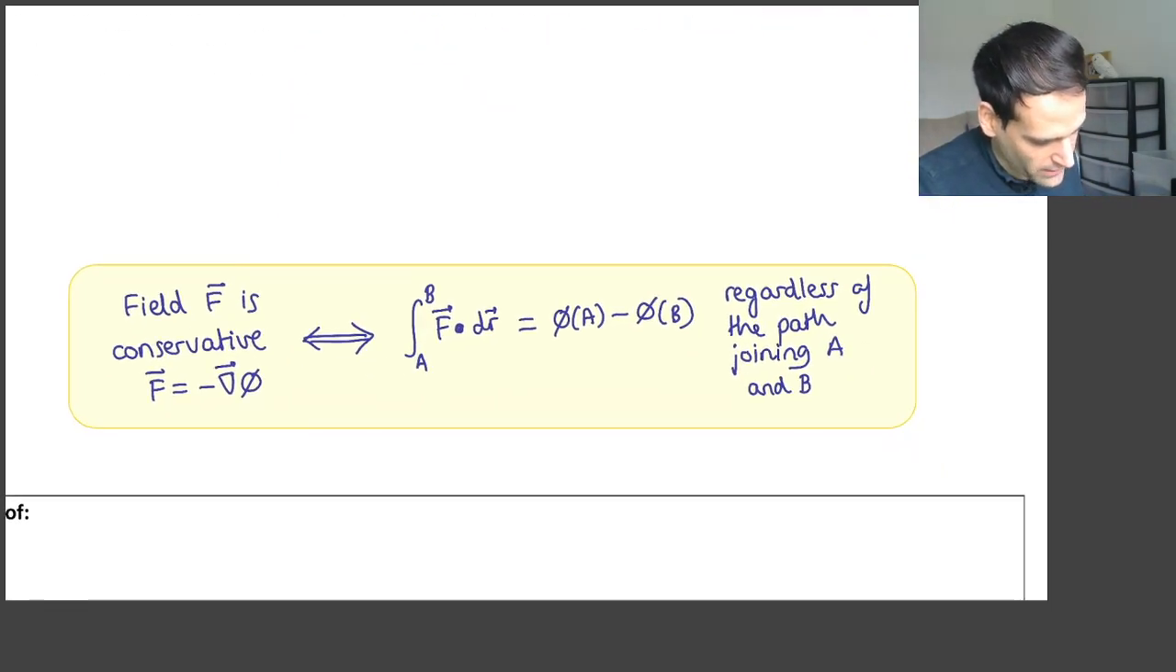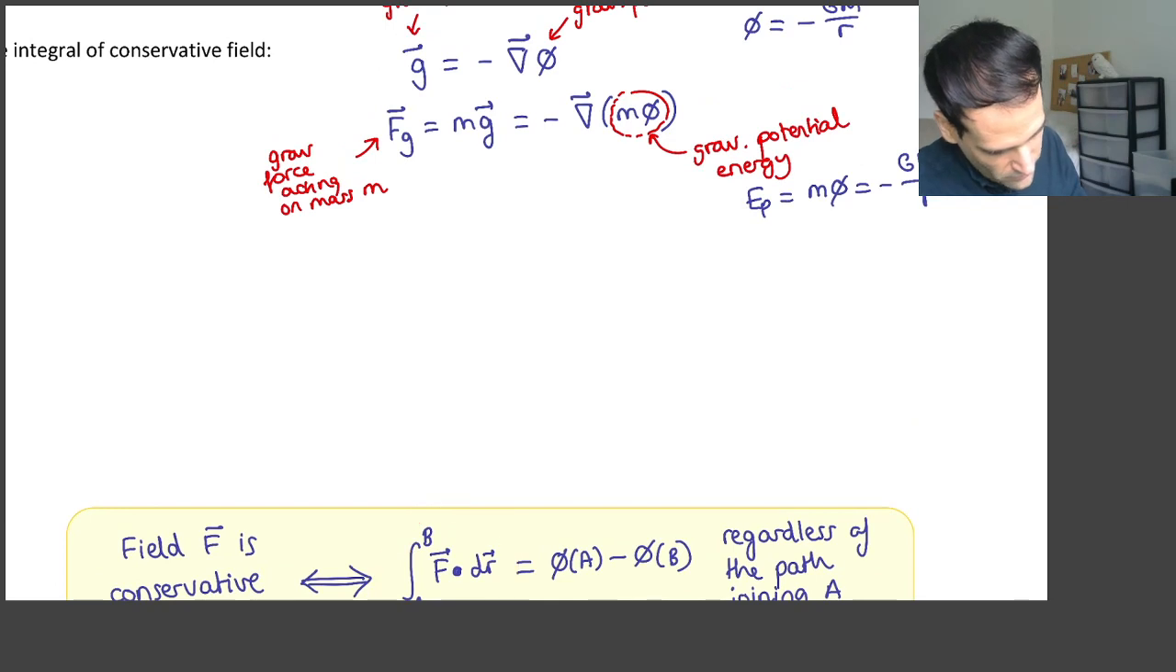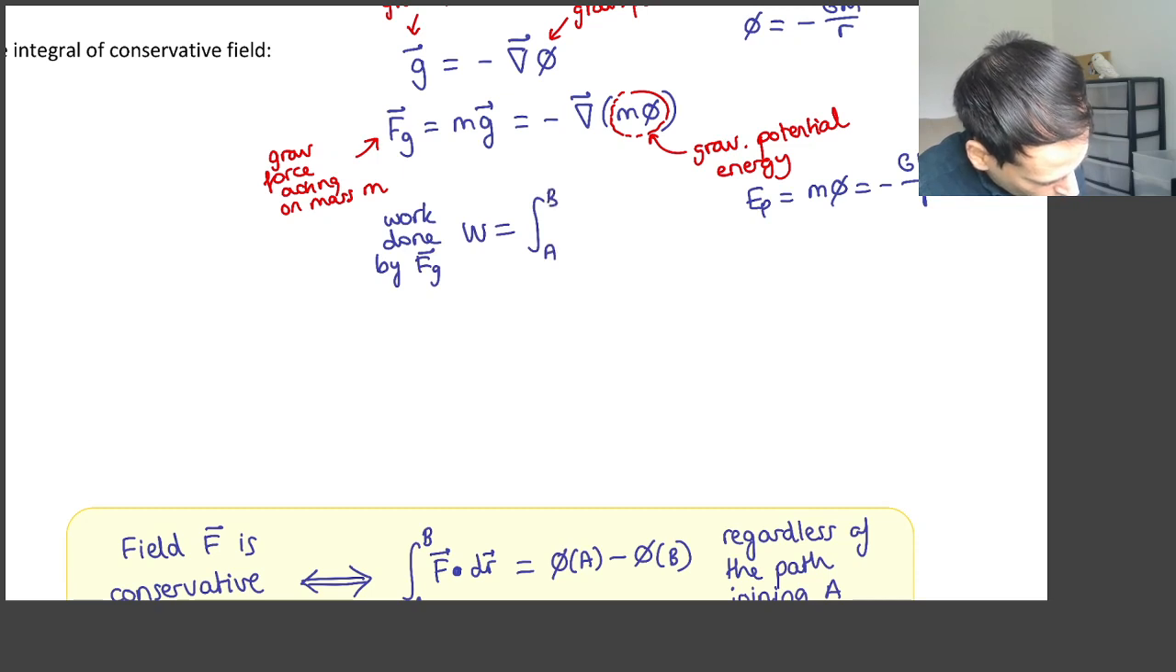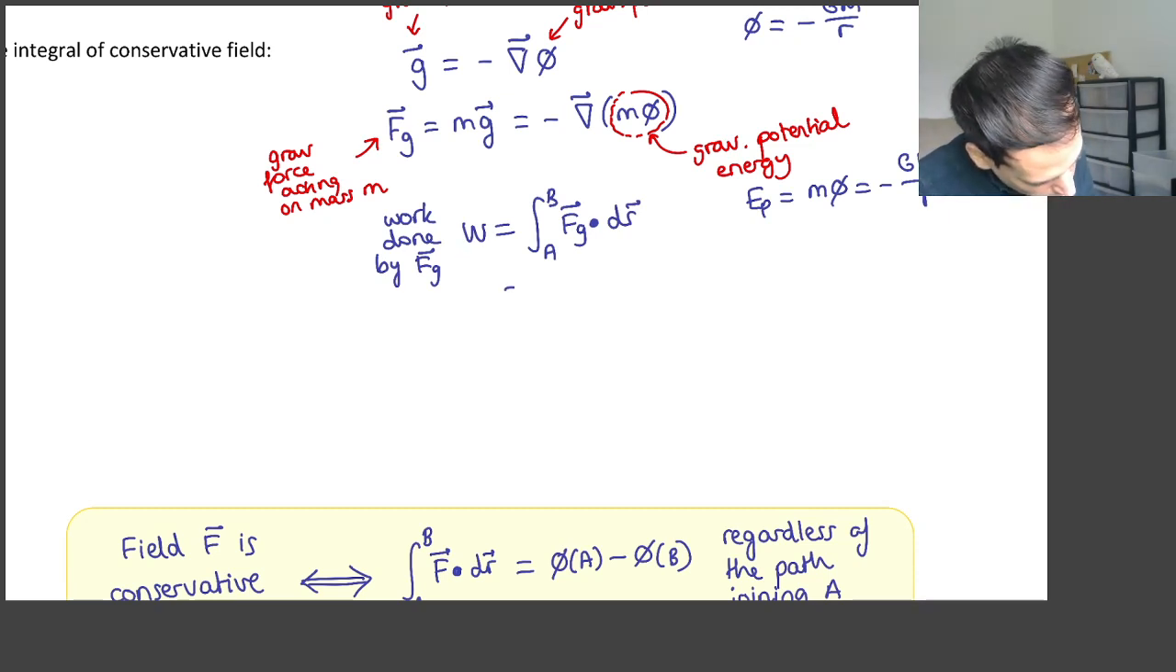And what does this mean? This means that the work done by the gravitational force between 2 points A and B, and remember, the work done is given by the line integral, yeah? So the work done by the gravitational force will be equal to the line integral of the gravitational force dot dr. We saw that in the chapter of multiple integration, line integrals. So the work done by this force will only be equal to the gravitational potential energy at A minus